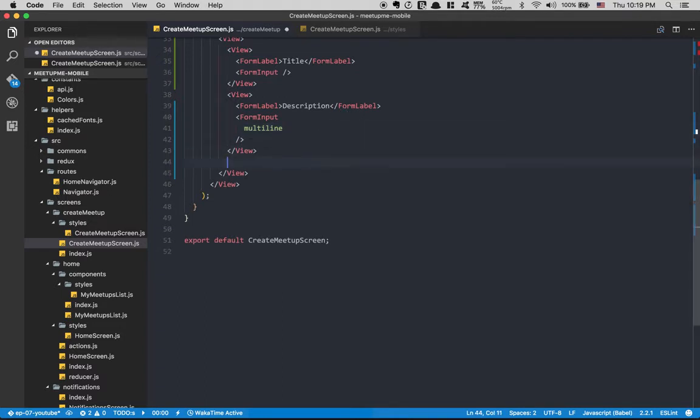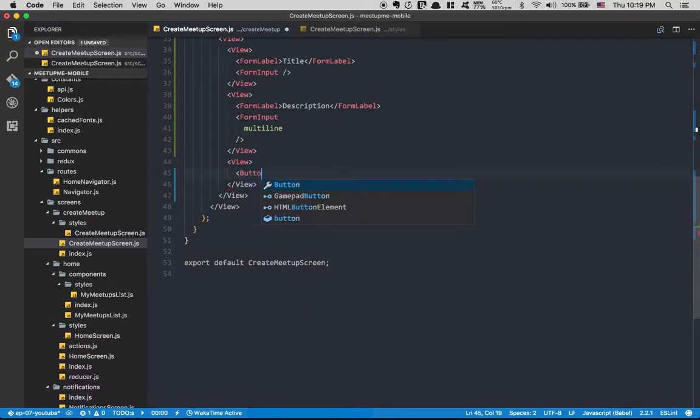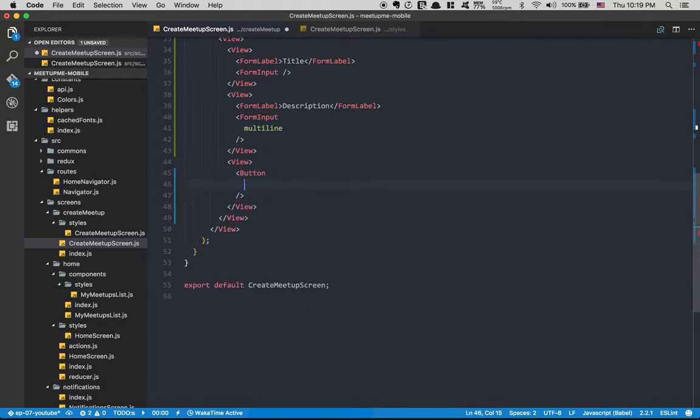After that, I want you to create another view. You're gonna see why in one moment. I'm gonna put my button here. You're gonna see how beautiful this button are. So this button right there, what I'm gonna say is I'm gonna put title. So this is how you type what you want to put there. I'm gonna say something like pick a meetup date. Perfect. And I'm gonna copy paste again this one,